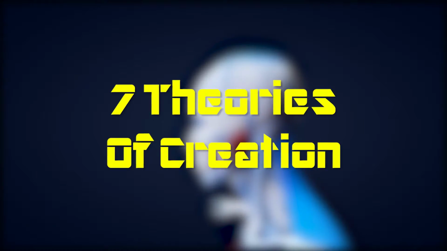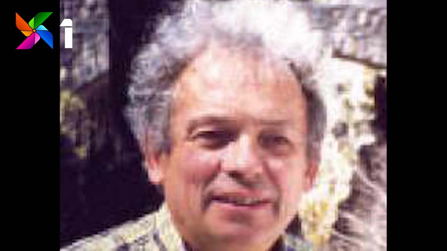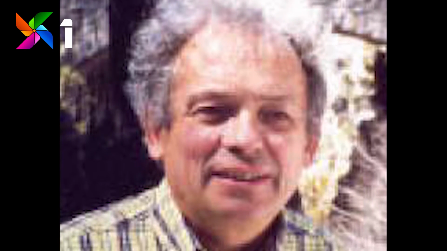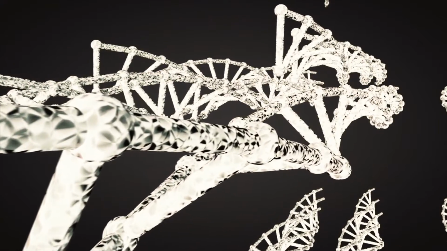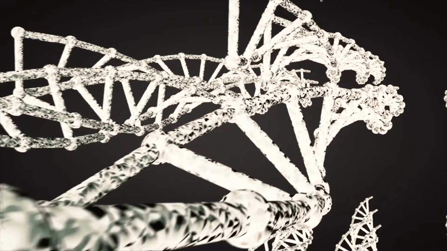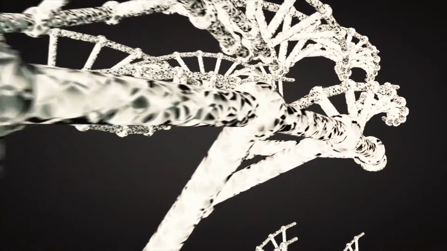Flipmill presents the 7 theories of creation. Number 1. Clay theory. First up, we have clay theory as explained by Glasgow University's organic chemist Alexander Graham Cairns-Smith. He believes that life's initial molecules may have formed on the surface of clay. He thinks that the clay's surface would have gathered up organic compounds and aided their organization into specific patterns in a similar way to how our genes work today.